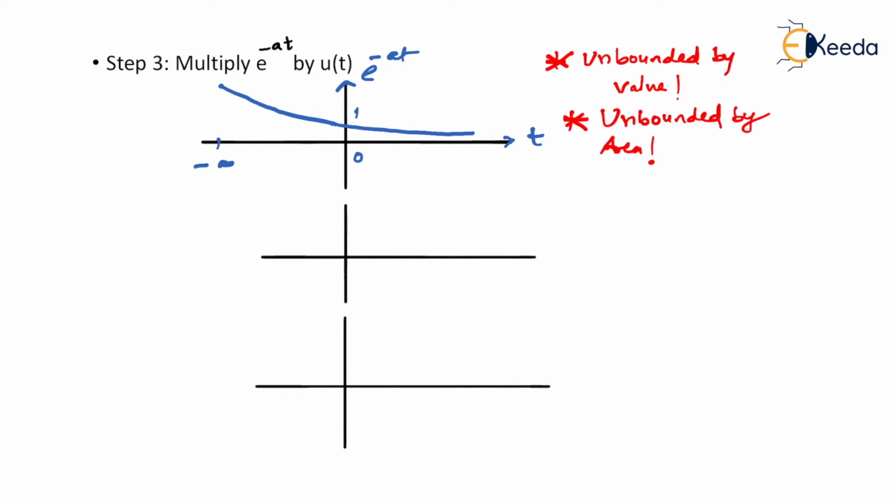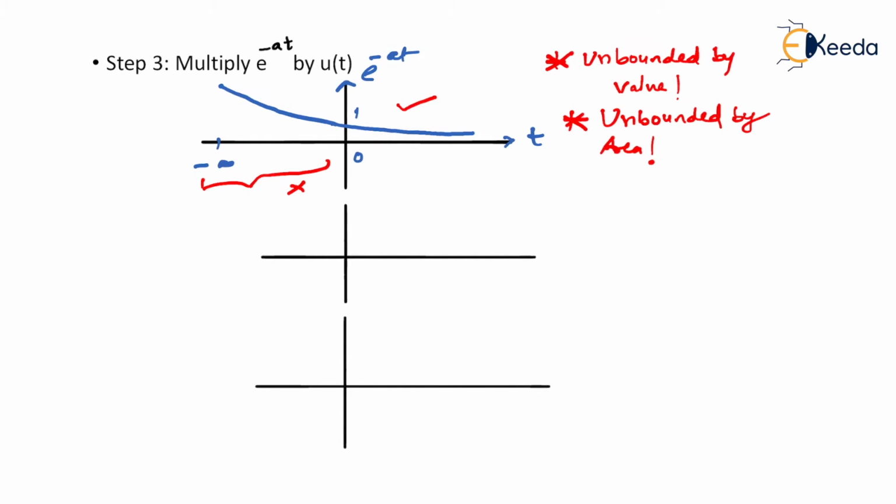So this is unbounded by value, unbounded by area. What I really want is to modify this figure to a bounded by value and bounded by area curve. Then the solution is very simple. What I'll do, as you can see, is eliminate the left hand side curve, and if I select only this part of the curve,